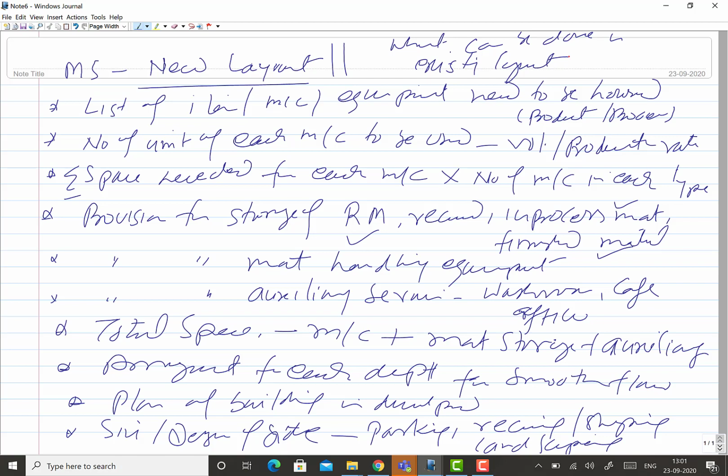So today's content regarding the plant layout is primarily to supplement and to understand and appreciate the things related with the string diagram and flow diagram. Those I will be taking up in the next lecture. So that's it from my side.